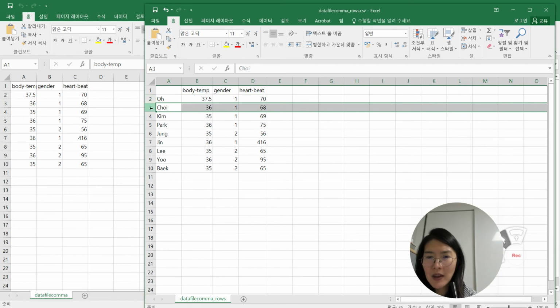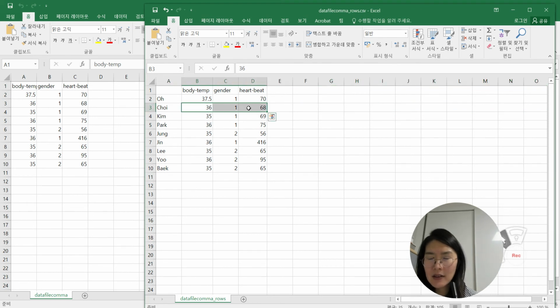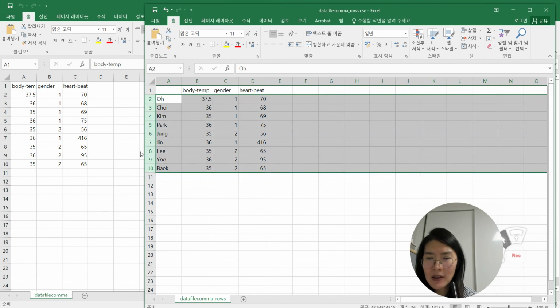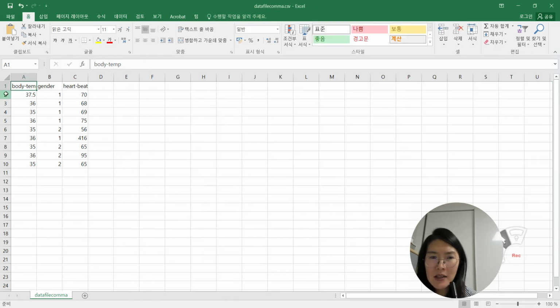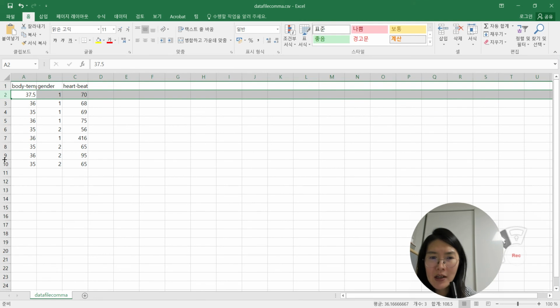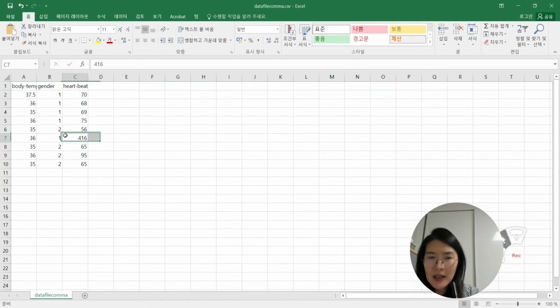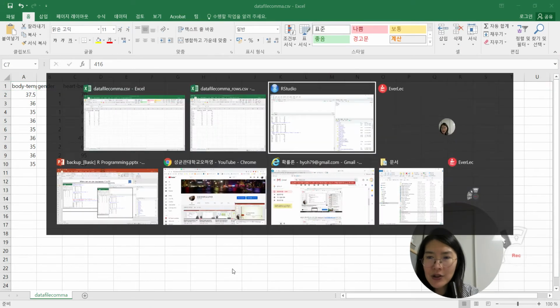For the last name Che, this person has these values, right? Similarly, we can note each person's information, nine persons' information like that. But in this case, there is no person's name, right? So if we read this Excel file in RStudio,